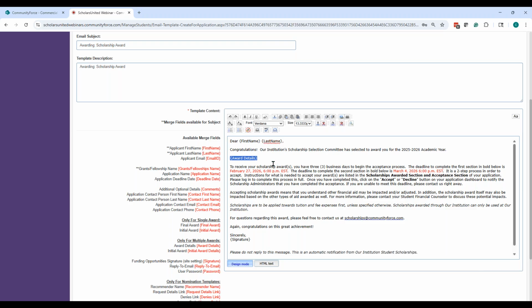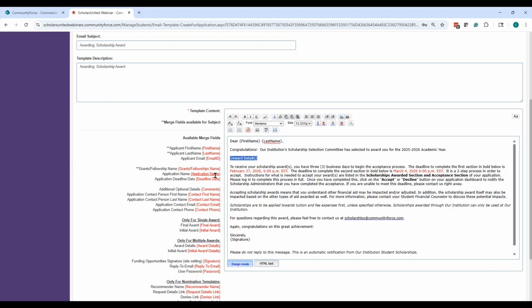And then of course the information down below here, this is any information I want to provide to her. If it is the final award and I have those sections activated on the site, I can put into this message, please go to your dashboard, open up your original application form, and you'll see additional sections to complete to accept your award. So that's what this email is for. You can go in, you can modify it, you can update it, but just make sure you keep the appropriate fields, especially this award detail, so they know what they've received. If you don't have that award details, they're not going to know the name of the award that they're receiving.